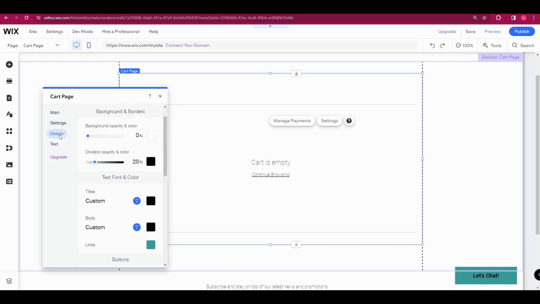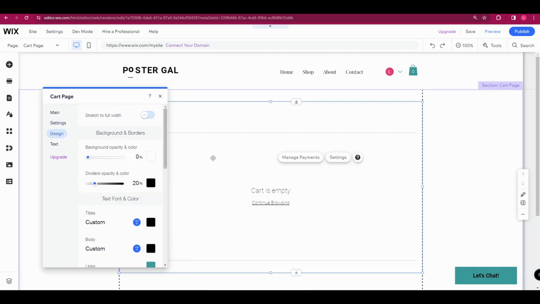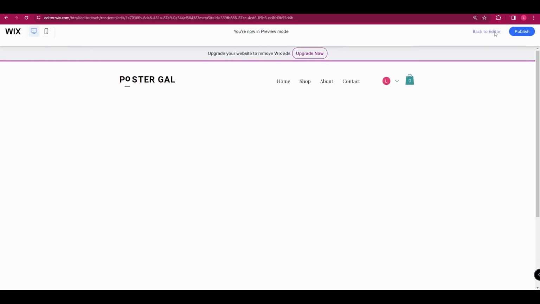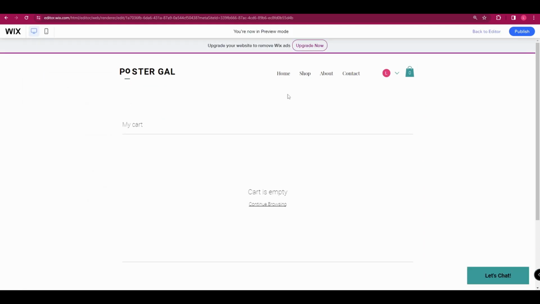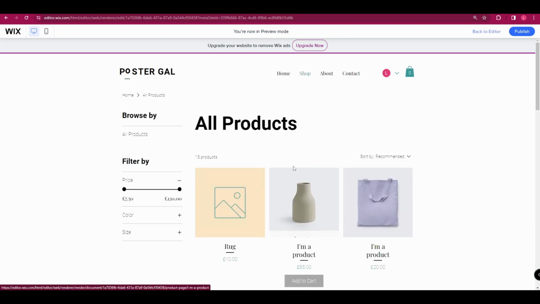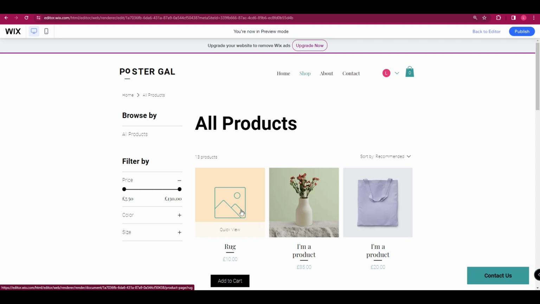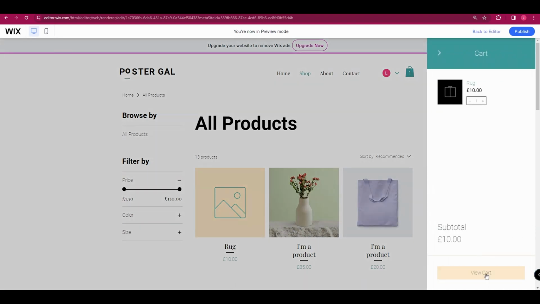Next, we're going to go down to Design. And ideally, we need to see what this is going to look like when there are items in the cart. So to do that, we're going to go up to the top right-hand corner and click Preview. And that's going to show us our empty cart. And we're going to head over to Shop. And you will need some items added into your shop already to do this. And we're just going to select one and add it to the cart. And then if we go to View Cart,